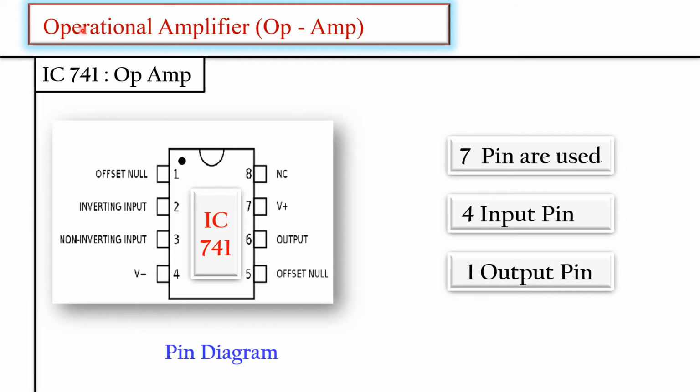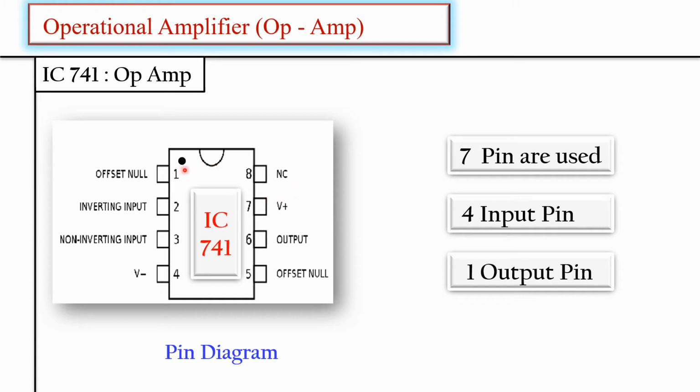Let us see the op-amp IC 741. The practical form of the op-amp is an IC with 8 pins numbered from 1 to 8. The black dot on the left-hand side represents that we must start counting the pins from that dot serially, that is pin number 1, 2, 3, 4, 5, 6, 7, 8. Out of those 8 pins, only 7 pins are used. Pin 8 has no connection. NC means no connection. Clear?